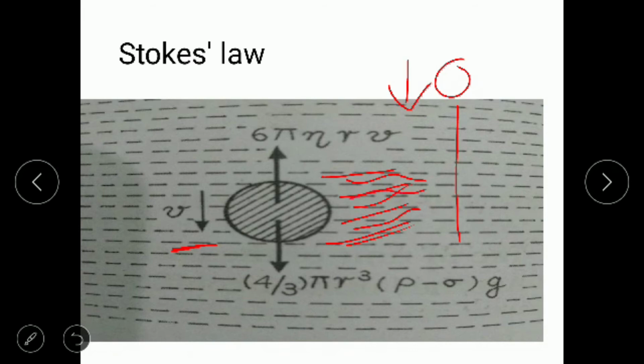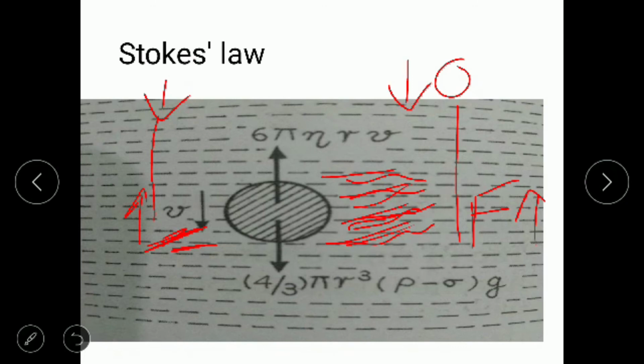So when the water starts moving, what happens? A viscous force F will be developed which will try to oppose the flow or the motion of the ball which is dropping down, which will tend to stop the ball. The magnitude of the force goes on increasing with the increasing velocity of the ball. The velocity is 0 in the initial stage, and when it drops, the velocity increases. This V increases, and with this increasing V, the viscous force also increases.